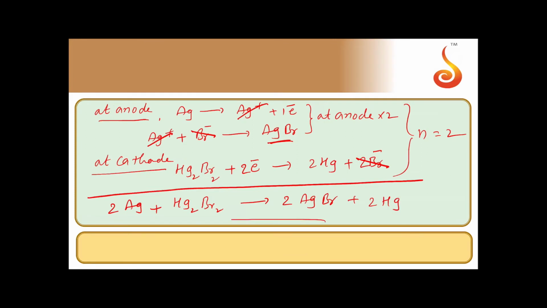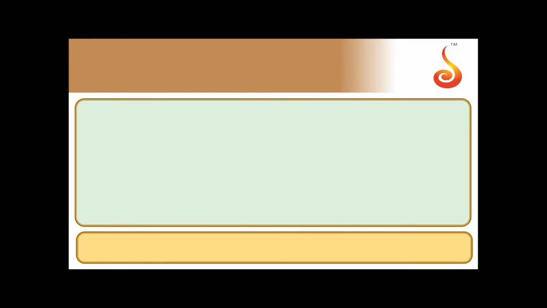Now the second part. We found out already dE by dT, the temperature coefficient of the cell. Let us now find out the delta S value. Delta S is equal to the direct formula nF into dE by dT. The value of n we already found is 2, Faraday is 96,500, and the temperature coefficient you just found through the graph is 0.0004. This value on simplification comes to 77.2 joules.